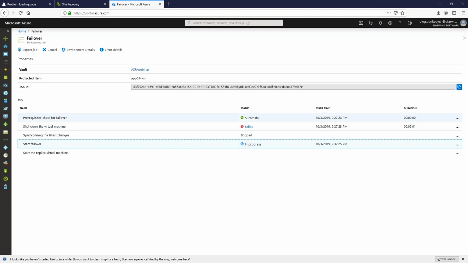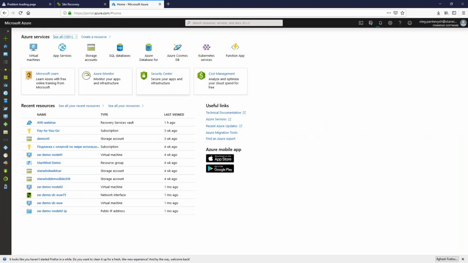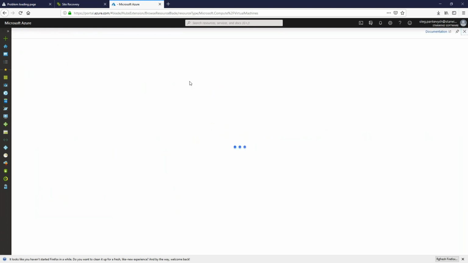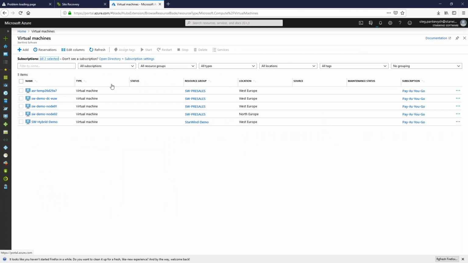So here we have an error because the virtual machine on premises is already inaccessible. That's why there is a problem with shutdown. But here we see that the virtual machine is creating now. Okay, let's go back to